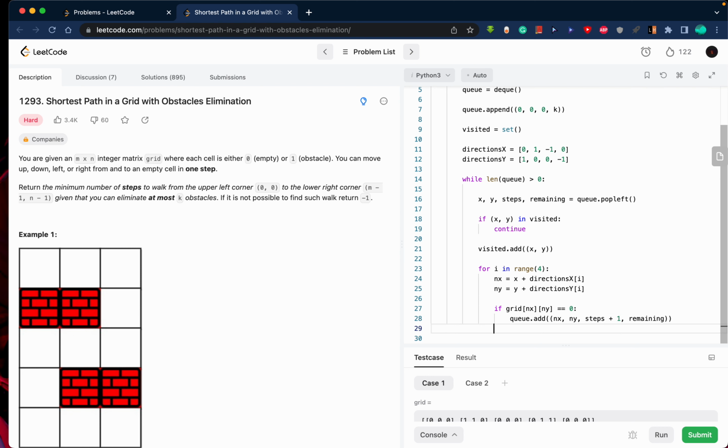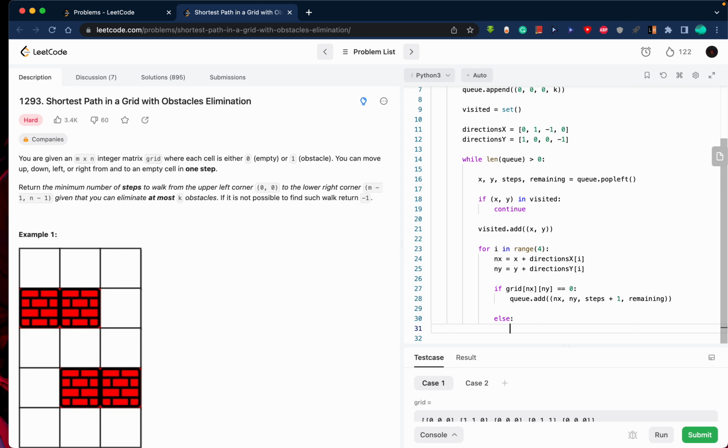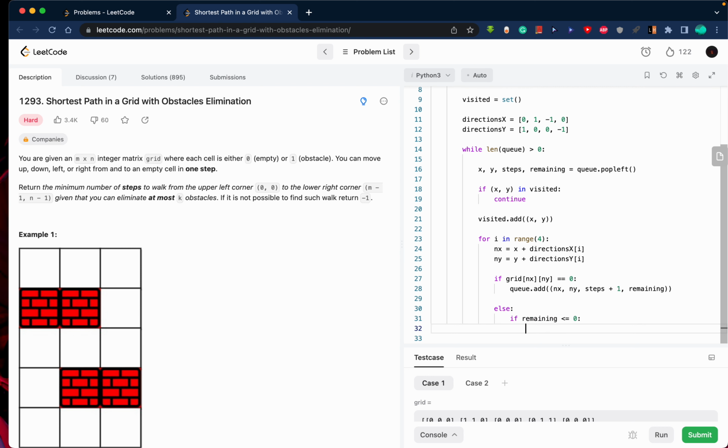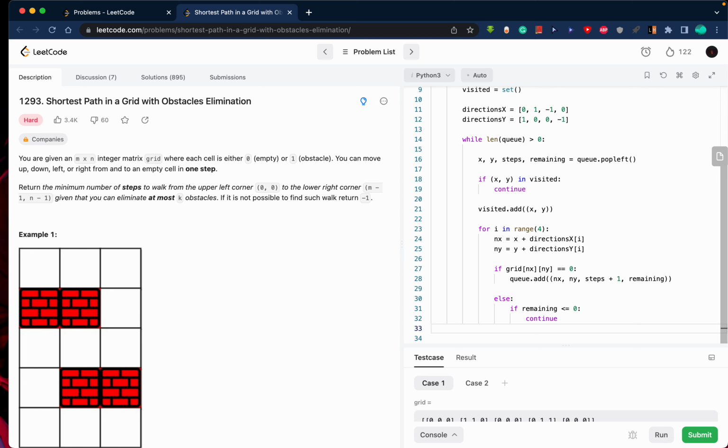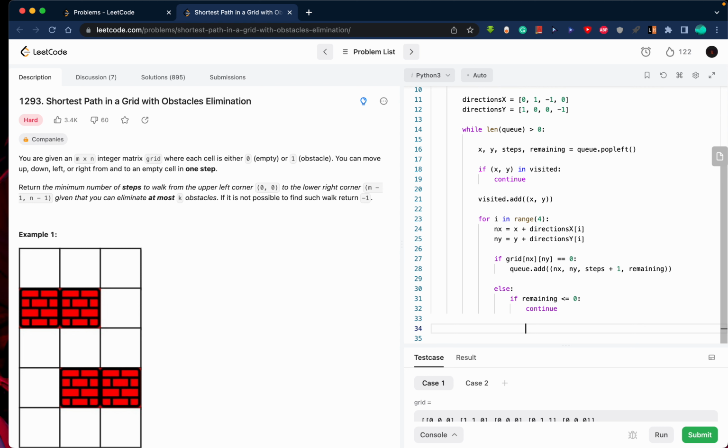But the real trouble begins when it is not an obstacle. So if it is an obstacle, and if I have nothing left, if remaining is less than or equal to 0, in that case there's nothing I can do. I can't go in that direction, so I'll just forget that. And if it is not,